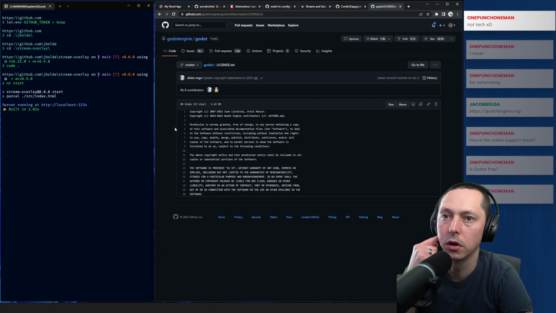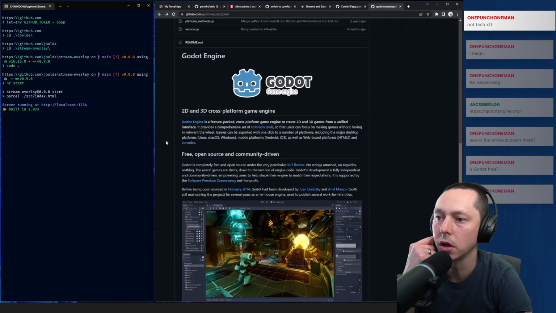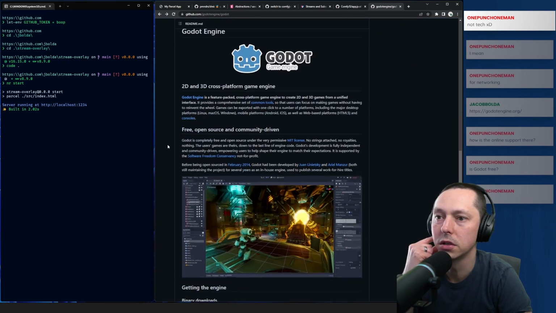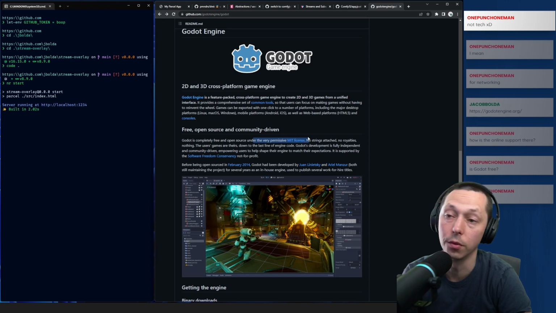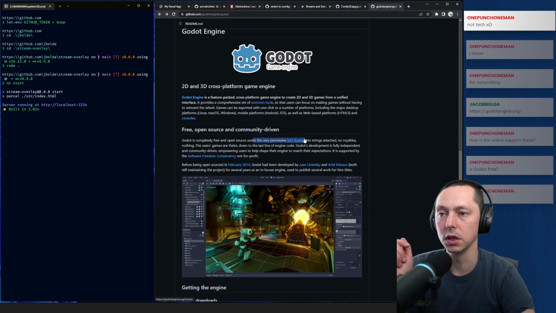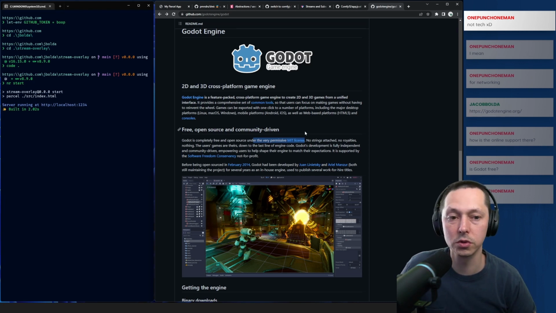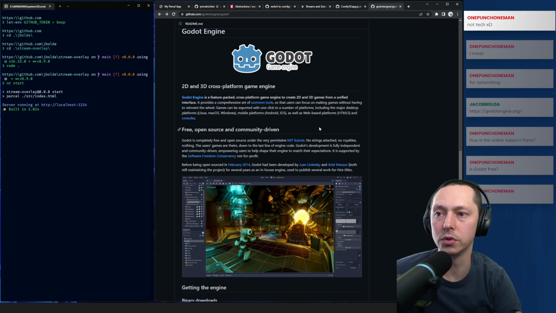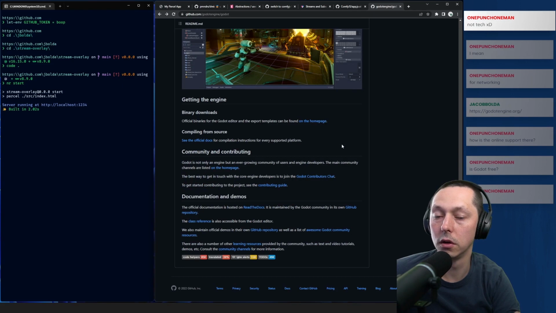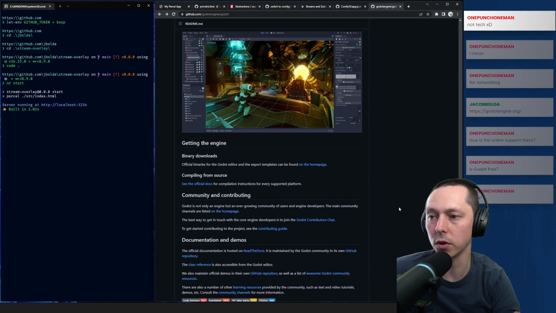I guess it just doesn't say in the license file. Yeah, so Godot is completely open source. As for support, are you looking for tech support, or support as in what can it do?